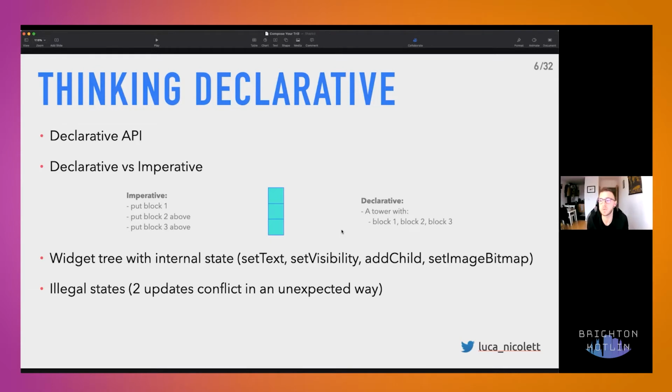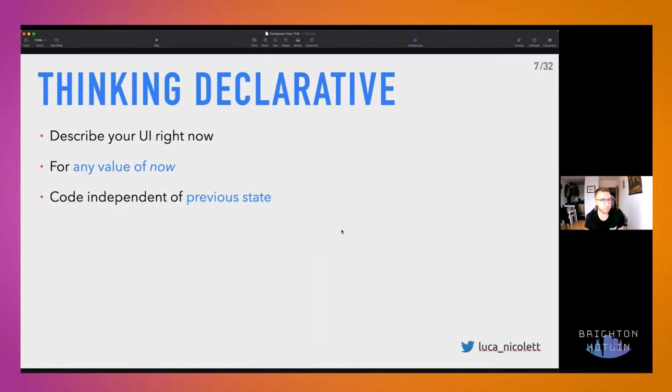What happens if you update a view with an inconsistent state from, say, 2 different points of your code, maybe 2 different classes as well? Maybe you set a text from a fragment on a view, and then as this fragment is bundled in an activity, from the activity you hide that view. What happens? Spoiler alert, the view is still invisible.